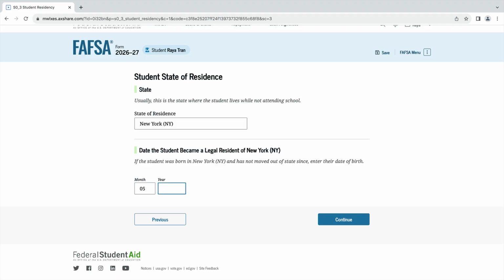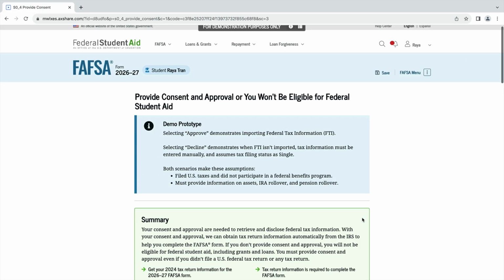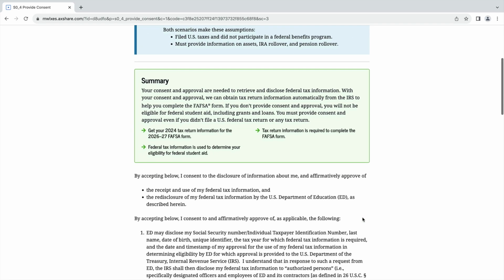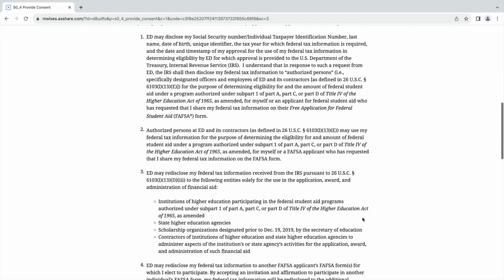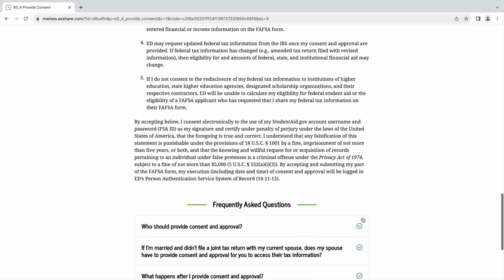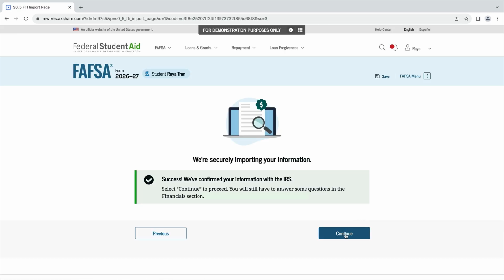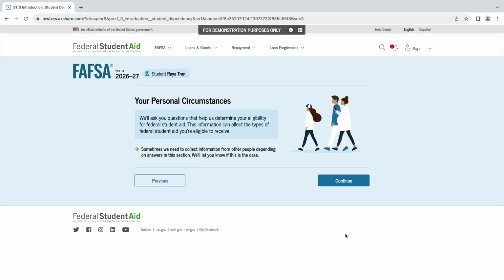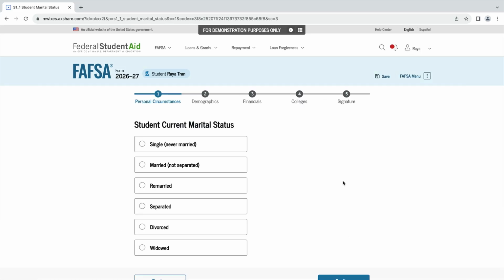Now you'll give consent for FAFSA to import your tax information from the IRS. Read the details and click Approve. You'll get a message confirming the import was successful. Then click Continue. This section answers questions about the student, such as marital status,